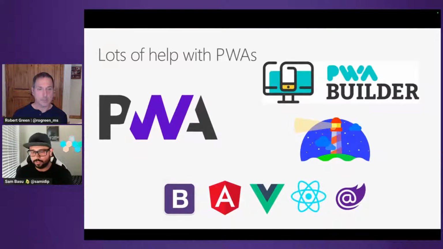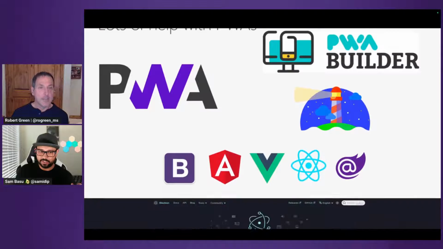There's a community-driven project called PWA Builder that Microsoft started, and now everybody helps maintain it. It's great. You give it any website and it starts telling you, hey, you're missing a manifest file, you don't have service workers. So you start making your web app slowly behave better, with icons, so people can pin your app to their home screen. There's also Lighthouse from Chrome, and pretty much any SPA application you can think of, you can start making it a PWA. So it's probably the lowest hanging fruit to bring things to mobile, but you just have to understand where some of the limitations might be.